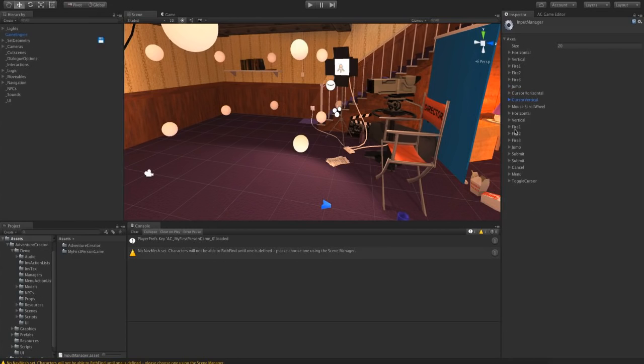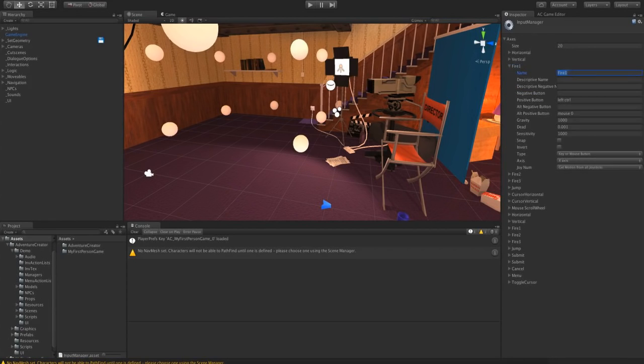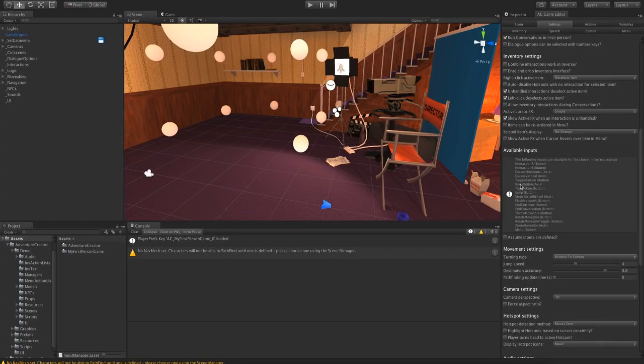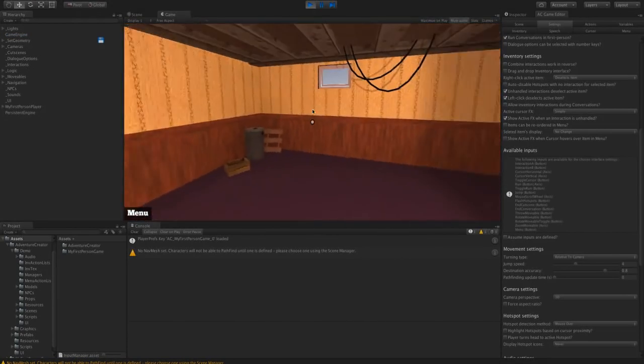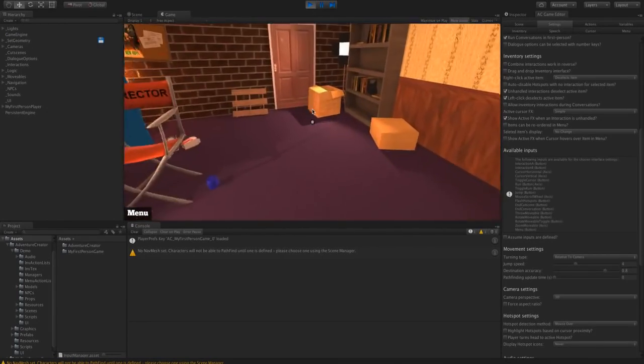We want to be able to run as well, so I'm going to take Fire1 and just rename this to Run, and maybe set this to left shift, and remove the alternative. We could do run as an axis, or we could do toggle run if we wanted to have one button to enable running and another button to turn it off. But now I can hold down left shift and I can run around.